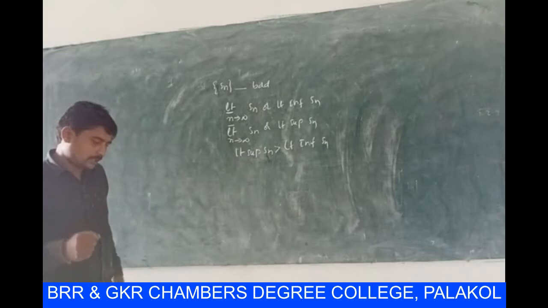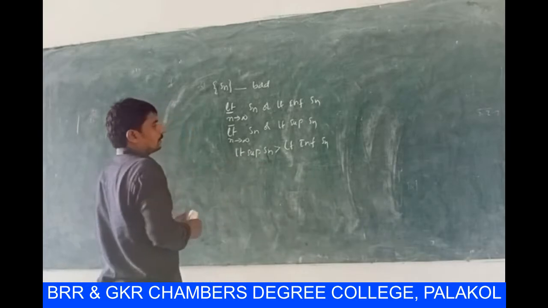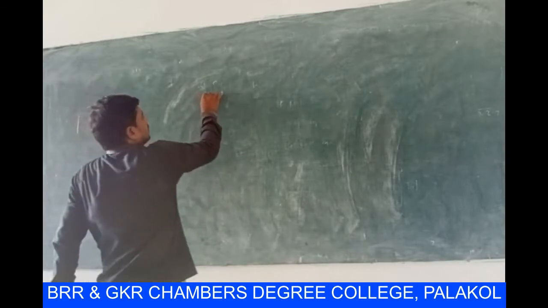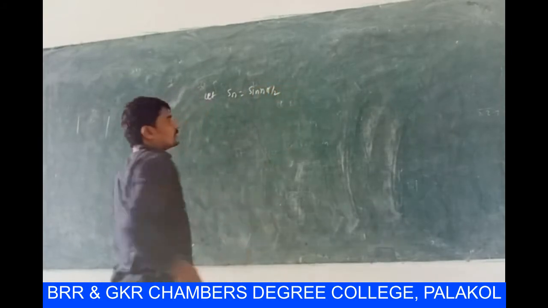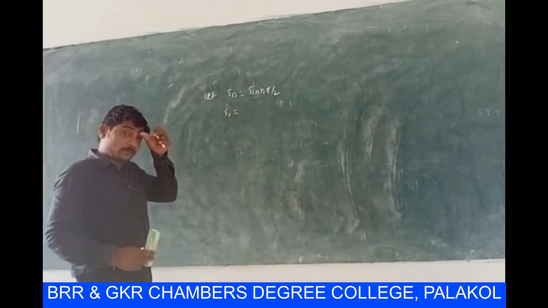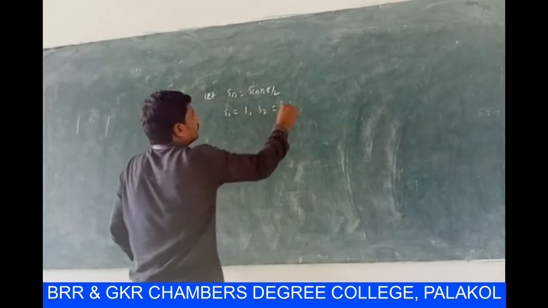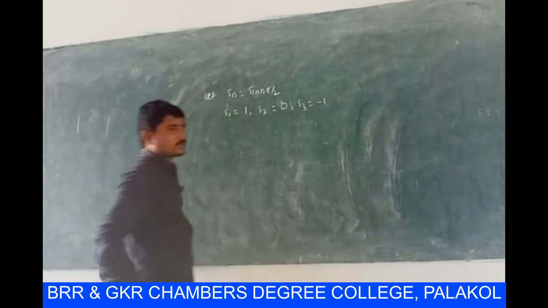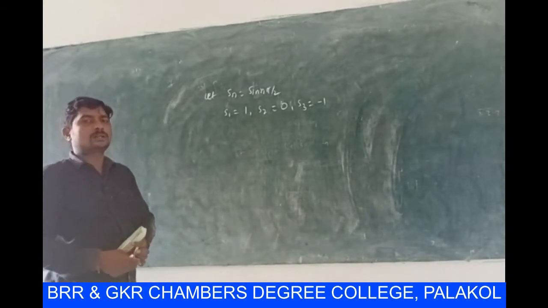Now let us discuss one example about this limit infimum and limit supremum. Let Sn be equal to sin n pi by 2. What is the value of S1? Putting n equal to 1, we get sin pi by 2, whose value is 1. S2, putting n equal to 2, gives sin pi, value 0. And S3 again gives minus 1. And so on. The same values will be repeated, taking any value for n, either 1, 0 or minus 1.